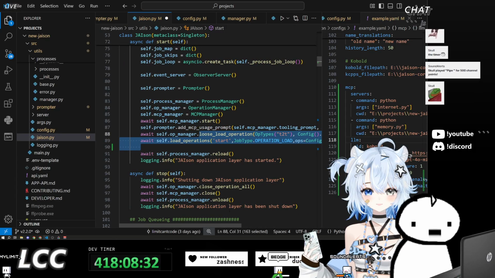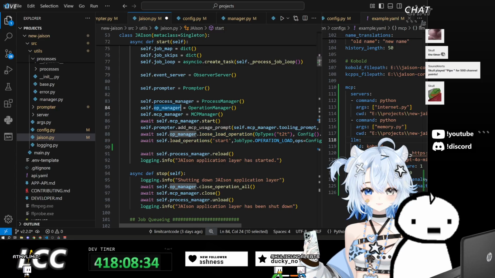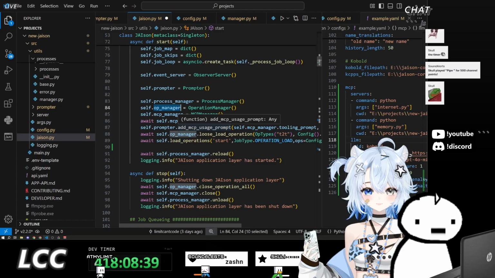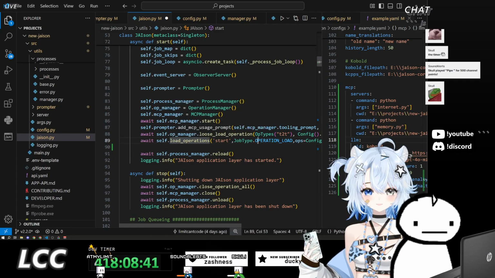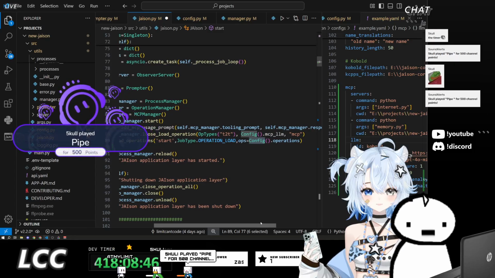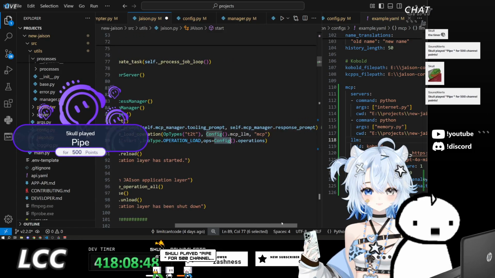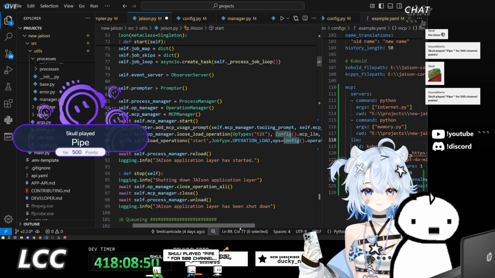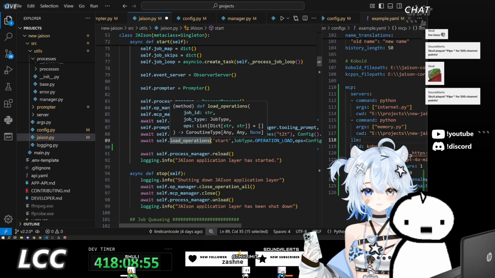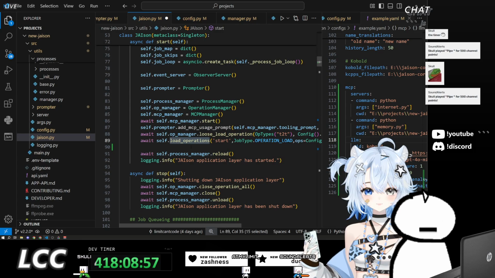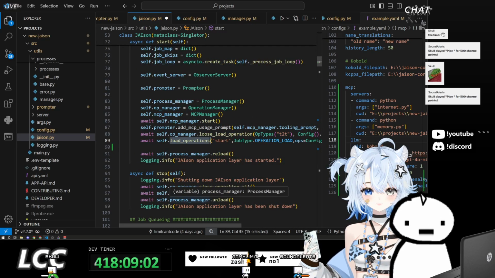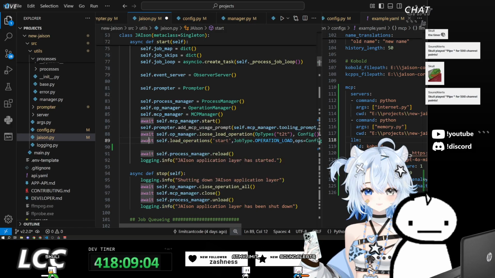Op manager. Okay. We were originally using one of the job functions to run this, and that would propagate out all of the application information on startup.